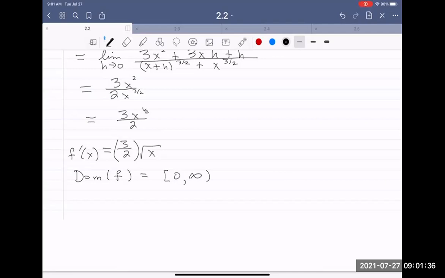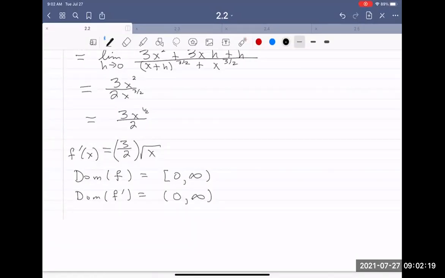Let's look at the domain of f prime. Well, again, you don't want to take the square root of a negative number. And at this left endpoint, the domain is, well, in this case, 0 to infinity